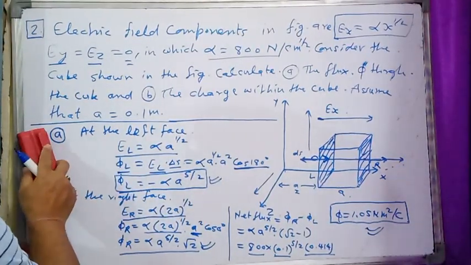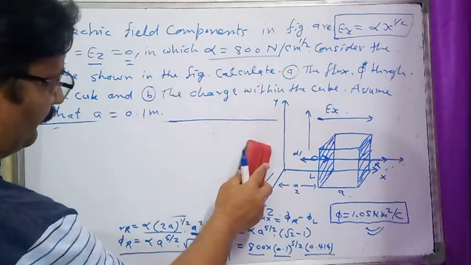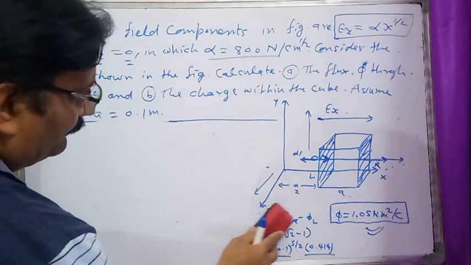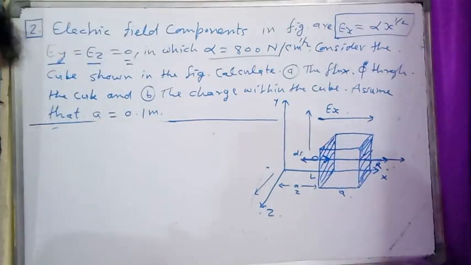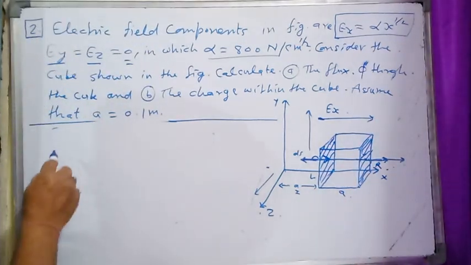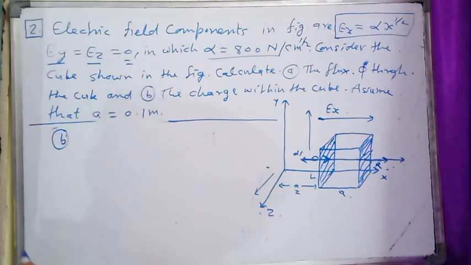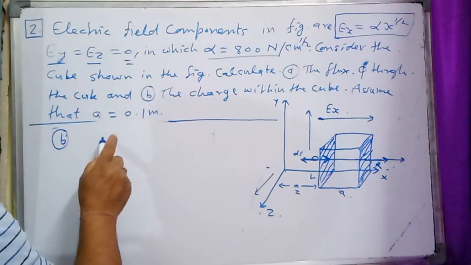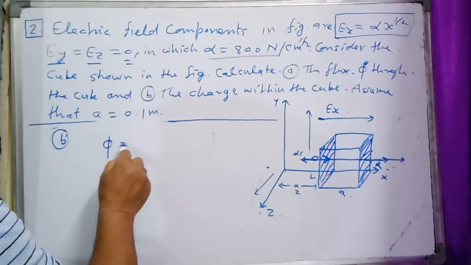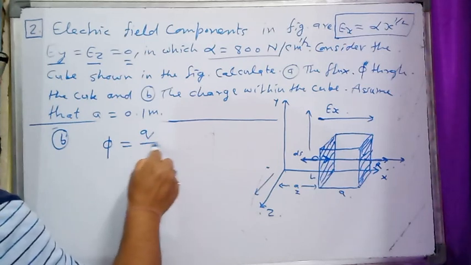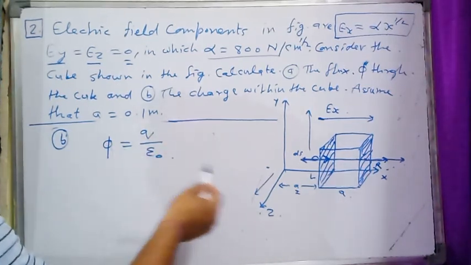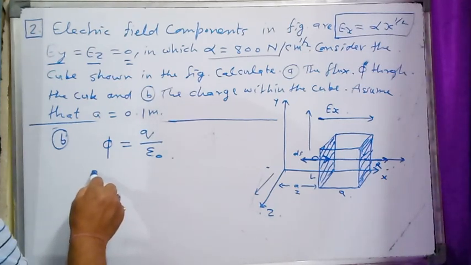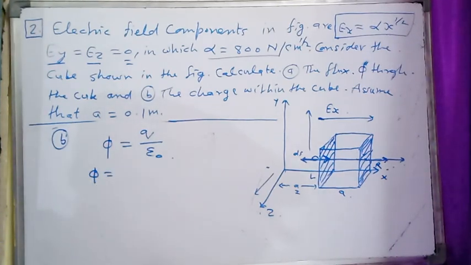To solve part B of the question, we have to calculate the charge enclosed inside the cube. To calculate the value of the charge enclosed by the cube, we have to apply Gauss theorem, and we know the flux passing through a closed surface phi is equal to the total charge enclosed by the surface divided by epsilon naught. So the flux calculated for the cube, phi, is equal to